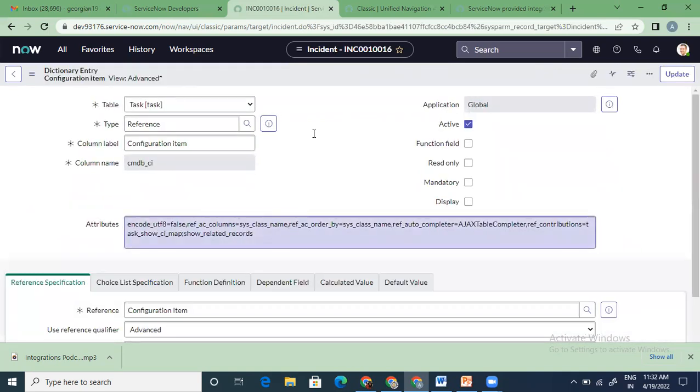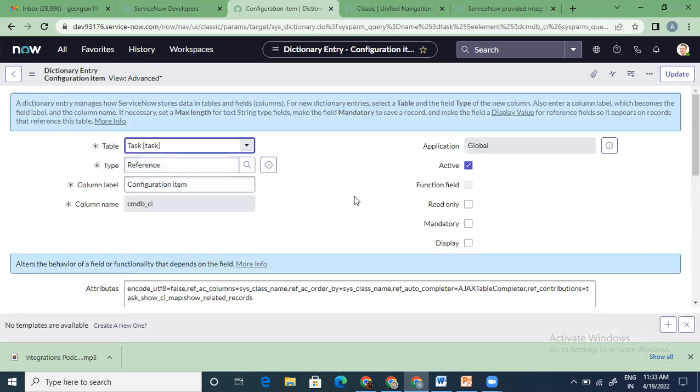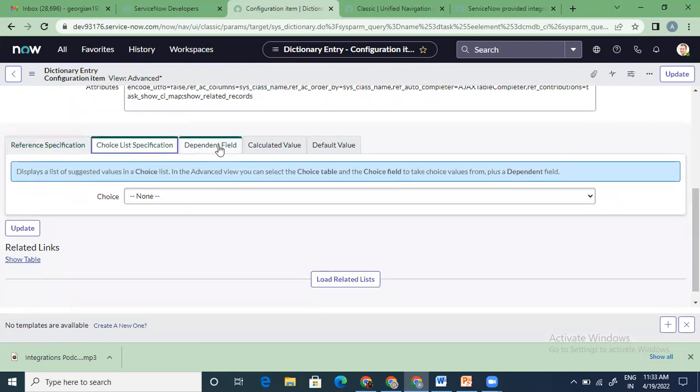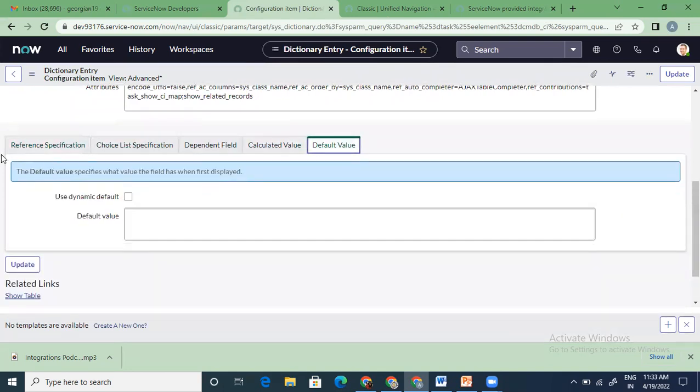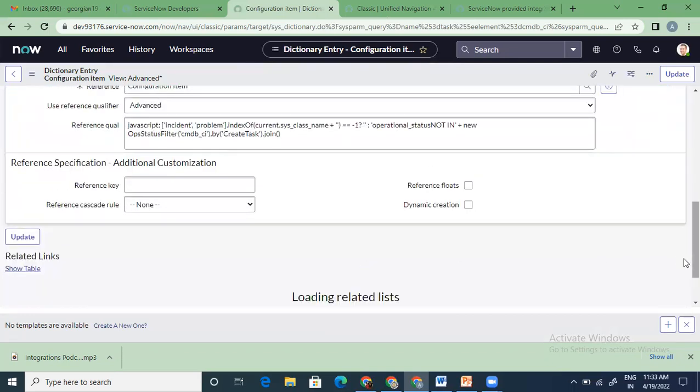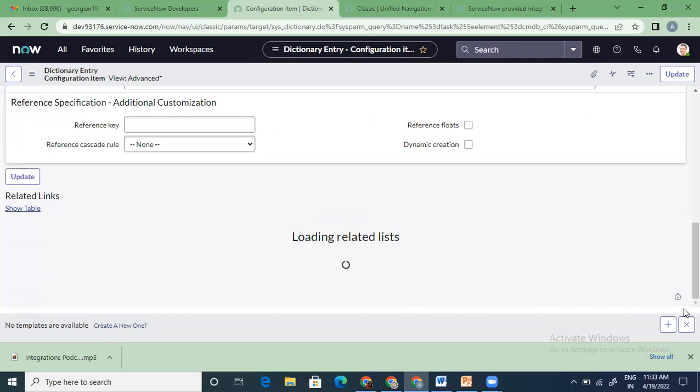So you can see from here that it is a task table, which means it is getting reflected in all the child tables for the task. It is a reference type field because it is referring to a field already, which is CMDB CI, right? Because on the incident form, it is acting as a reference field because there is already a table called CMDB CI, which we are referring to here, right? Now, these are the reference specifications, choices specifications, dependent field, calculated value, default value. Even you can have, it is a reference value, that is why it is not showing you maybe choices to configure, but if it is a choice type field, you can configure those choices as well